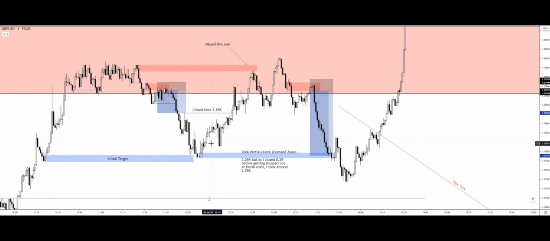But I was respecting the higher time frame structure and the overall supply zone that I was tapping into anyways. As you can see, price came back in, tapped into this one here, but I missed this one. I don't think I was on the charts between this time because I exited the trade at 12:30. Which I probably just left it for a bit, and then 15 minutes later, price presents itself with another opportunity